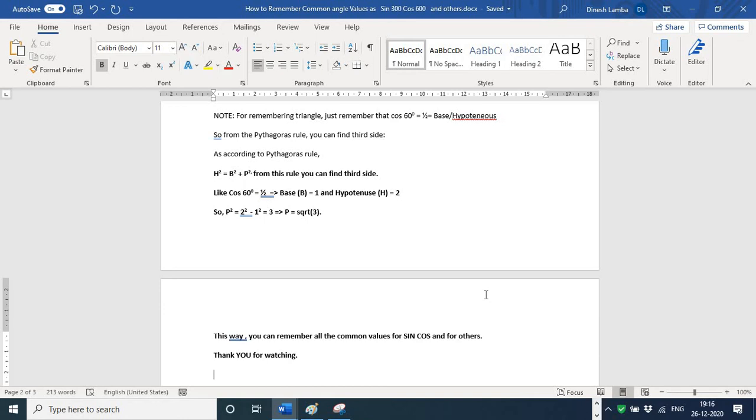And for the second figure, tan 45, you already know that tan 45 will be 1. So from only these two, you can make both the triangles and can remember all the values for the common